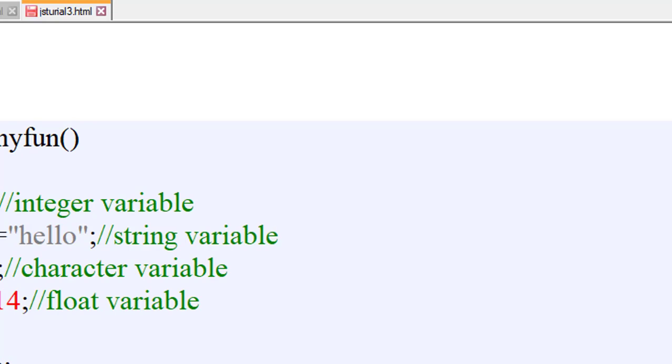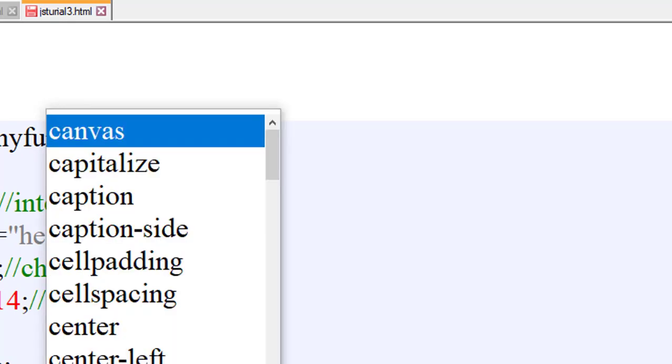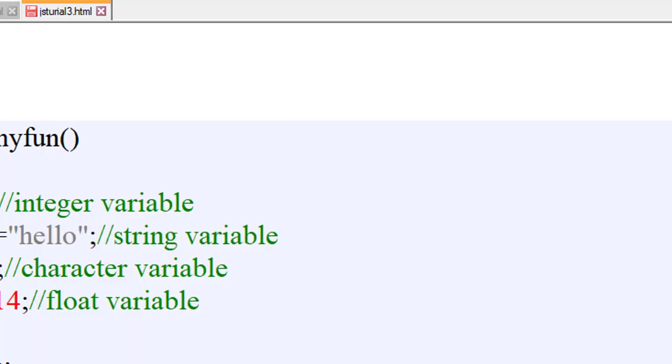Okay, now I will use another function, that is window dot alert. Generally you have seen that if you open a web page, then some messages are displayed. Do you want to save the password, do you want to save the coding and so on, right? So you always see the alert box as you open the web page. Okay, so in the alert box I want the value of c.